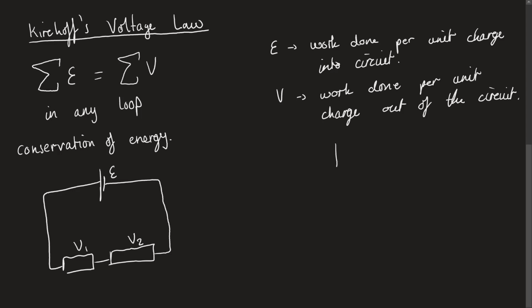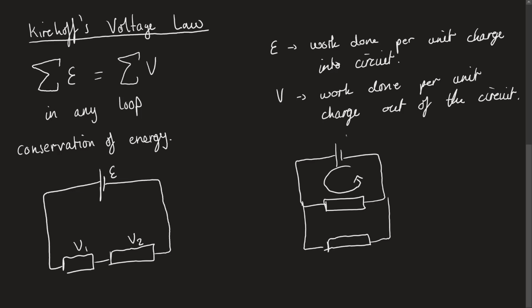Whereas if I looked at a parallel circuit, I would have to choose an individual loop. Okay, so let's say I chose this loop. The EMF here is only actually being lost over one potential here, which means the EMF has to be the same as this potential. I could also choose a bigger loop and go around the very outside of this, and this potential would also have to be the same as the EMF. And then you might say